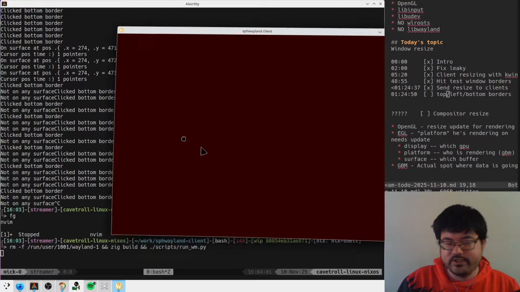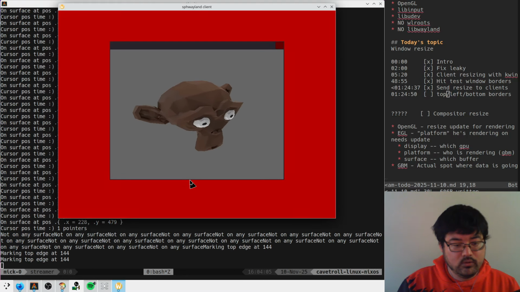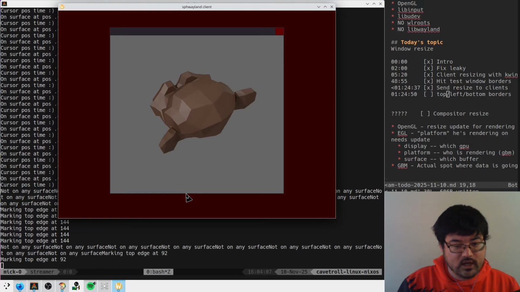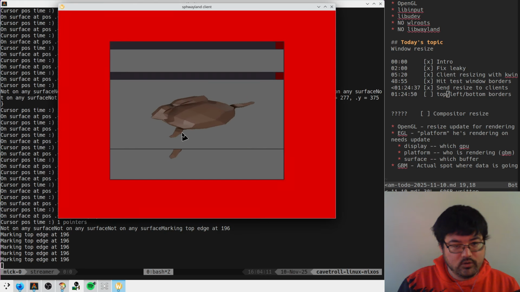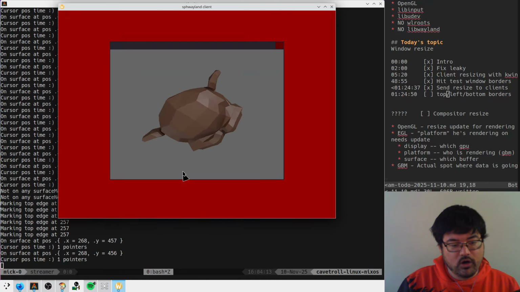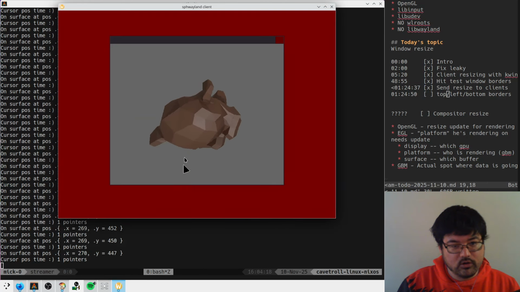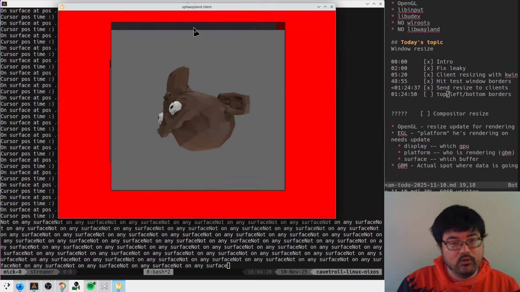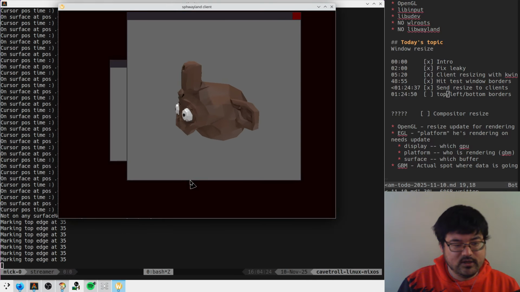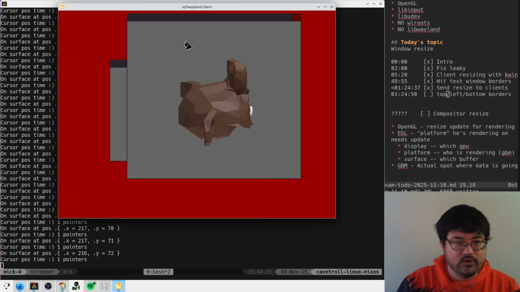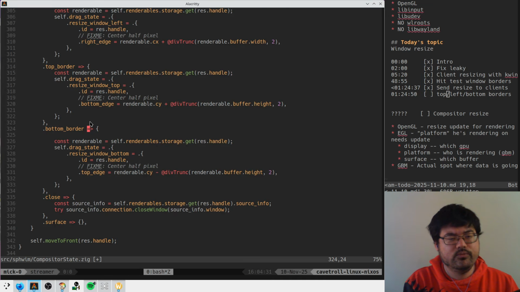Does that tell us anything interesting? Okay, so he's like, I'm marking. As far as I can tell, when he marks it, it's correct. If I put this all the way up at the tippy top, and I click this, it's marking top edge at 35, which is close. So that feels right,